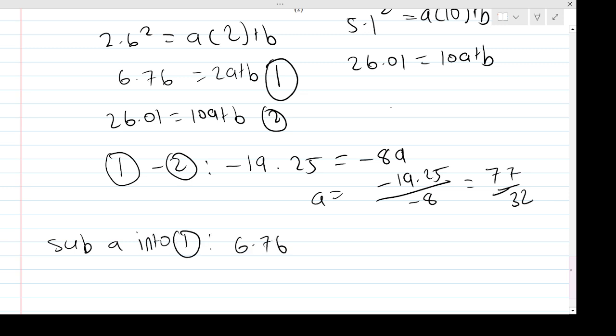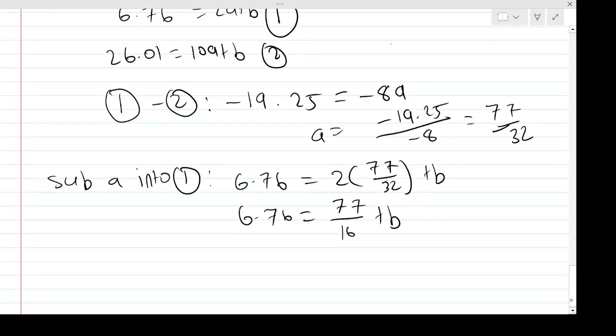Then 6.76 is equal to 2a, which is 2 lots of 77 over 32, plus b. Then if you work that on the calculator, that's going to be 6.76 is equal to 77 over 16, which is double 77 over 32, plus b. Cool. Then I can get b by taking the fraction to both sides. So 6.76 take away 77 over 16 equals, if we put that in the calculator,